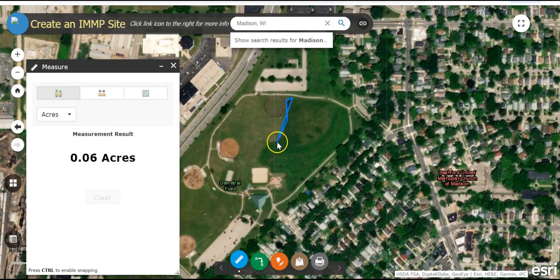and click around your project area. Self-selected sites should be at least 1 acre in size. We have 4.6 acres here, so we're good to monitor. You can clear the drawing we just made by clicking the Clear button, and then close out of the Measure